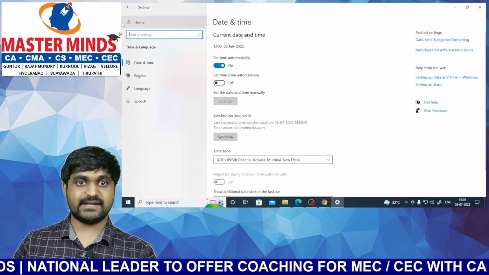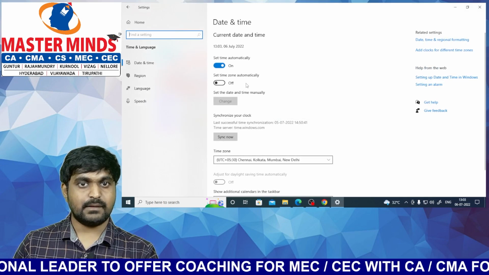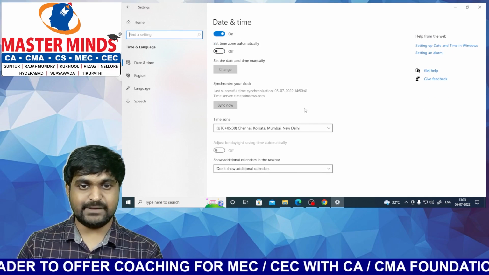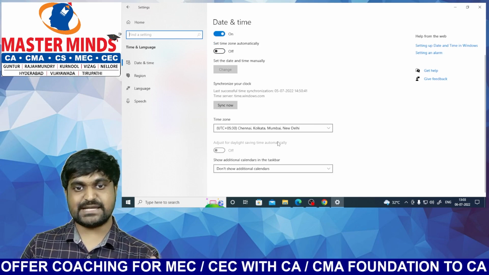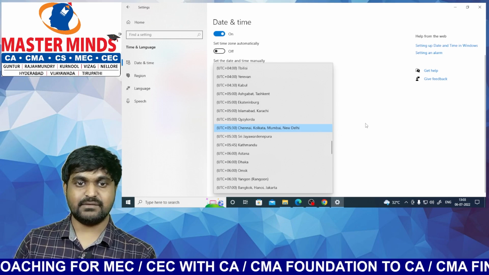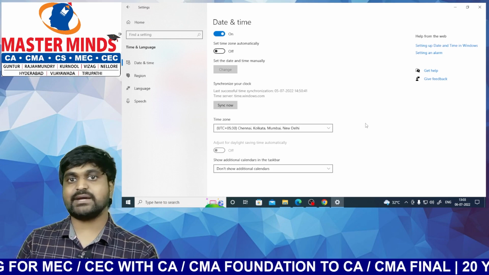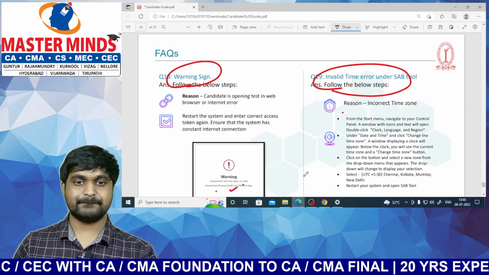So in settings, select time and language and click on set time automatically, and it should be Chennai, Kolkata, Mumbai, New Delhi region. The time zone must be Chennai, Kolkata, Mumbai, New Delhi. Don't select any other timeline. Select only Chennai, Kolkata, Mumbai, New Delhi. Then only you can answer your paper. Otherwise you can't attend your online exam.